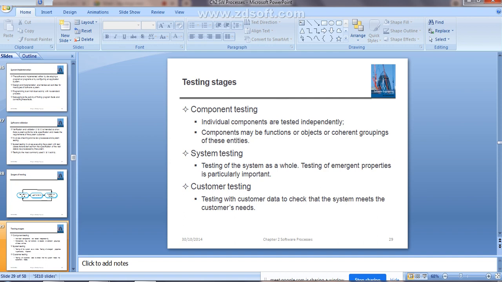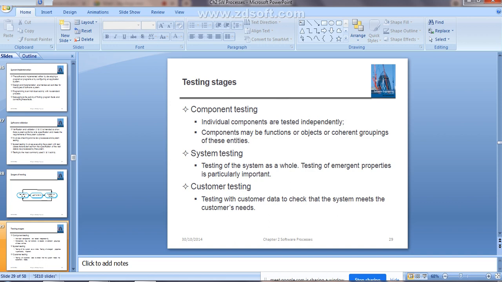First one is component testing. Whatever components you have used in the system design, the individual components are tested independently to see whether they are working properly or not. Components may be functions or objects or a coherent grouping of these entities. Components don't mean hardware components only. In software, the components are functions, or objects of classes.